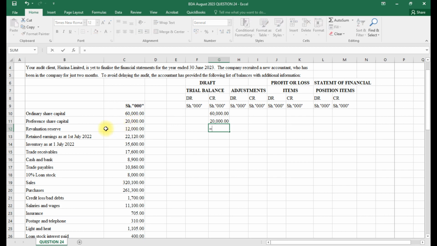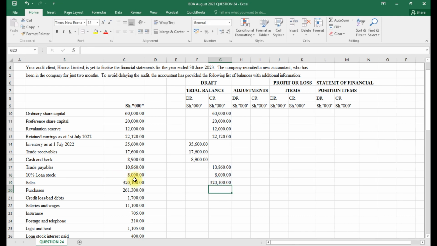revaluation on the credit, retained on the credit, inventory, the opening, is normally on the debit, receivable on the debit, cash on the debit, trade payable on the credit, loan stock on the credit, sales on the credit, and purchases on the debit,